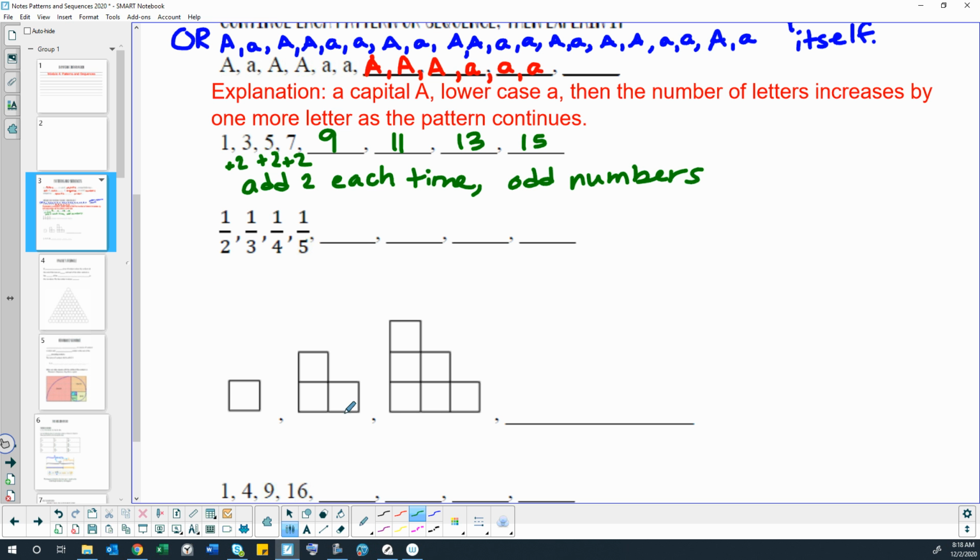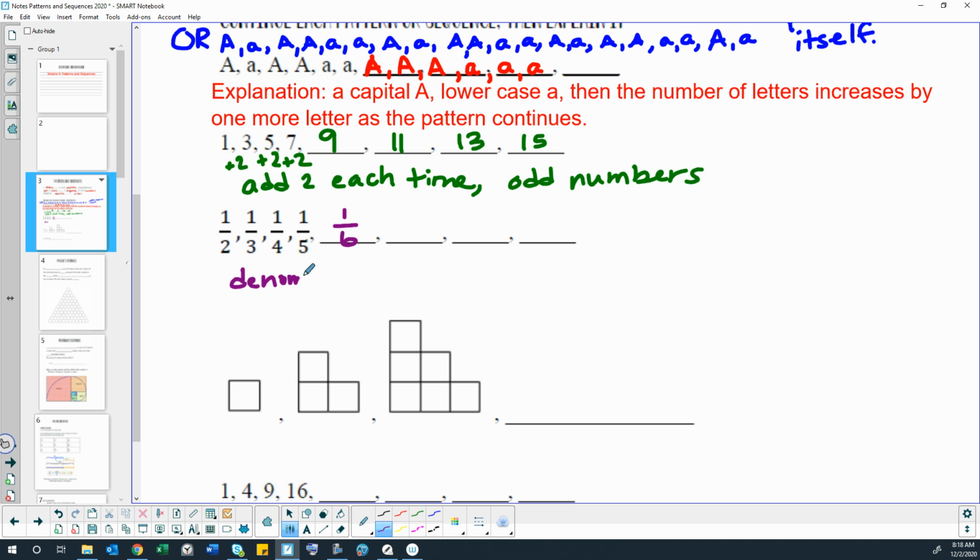All right, let's look at our next pattern. We've got 1/2, then 1/3, then 1/4, then 1/5. It looks like these numbers are just increasing. If we follow that pattern, then it would be what? What would be next? Just going to increase that bottom number, right? So my explanation could be